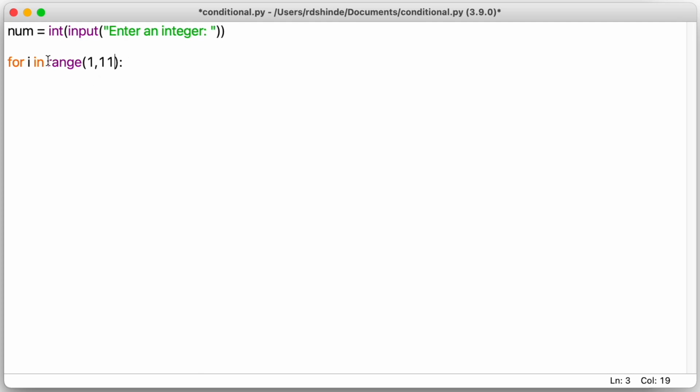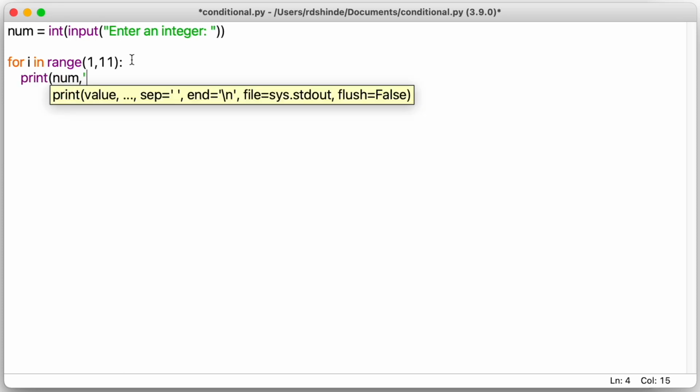So we have created this sequence from 1 to 10 using this function. Then we are using this membership operator to check whether our i is in that sequence or not. So this is our full condition. Now if this condition goes true, then what we are going to print? We are printing num, then a string, and in that string I am going to pass this star.